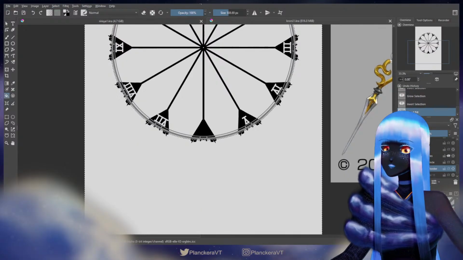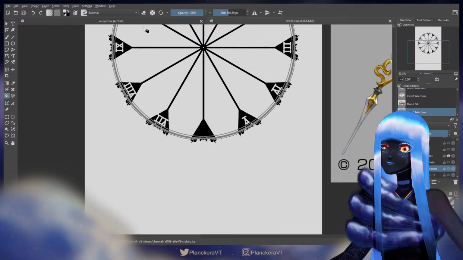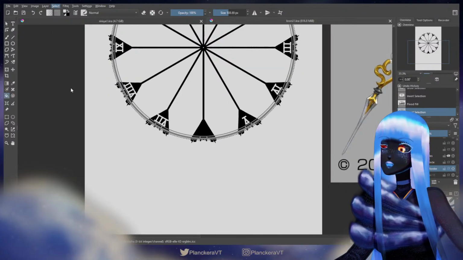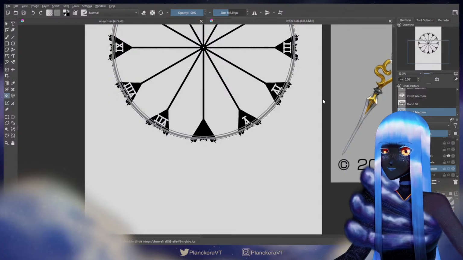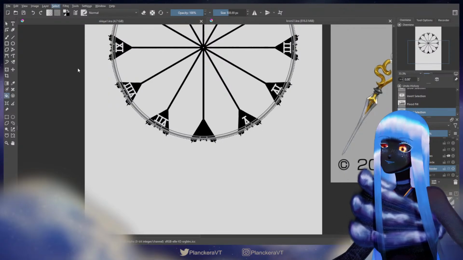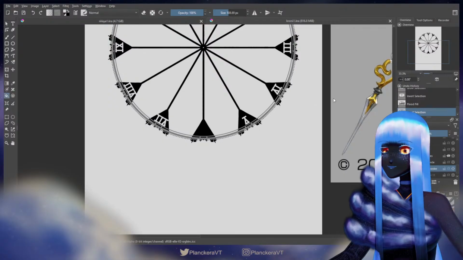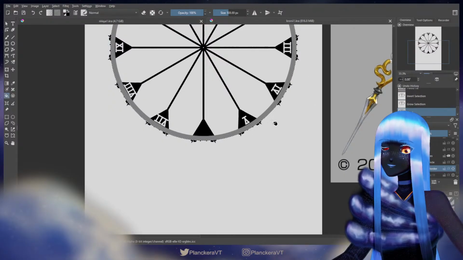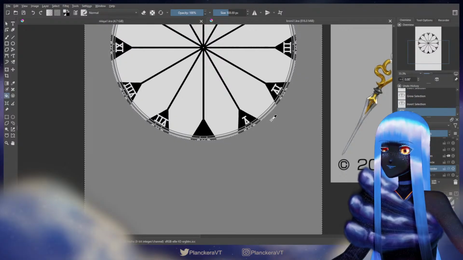No, not yet. I have to invert the selection again. Can't forget to do that. Okay. Oh no, not shrink. Grow. 4. Oops. No, don't clear that. Invert. Clear. Invert.